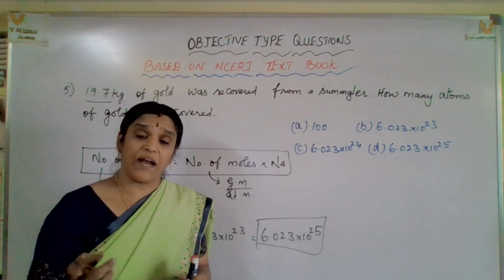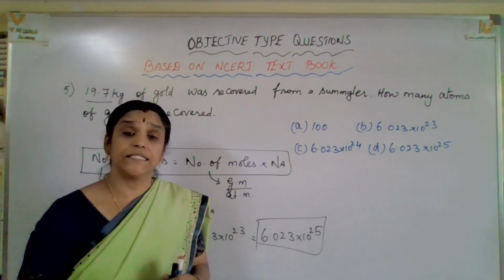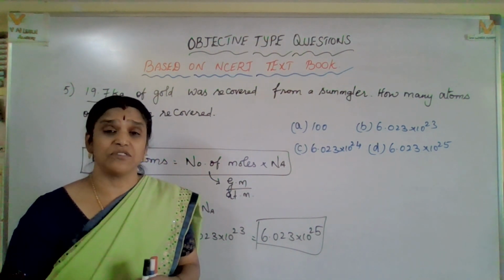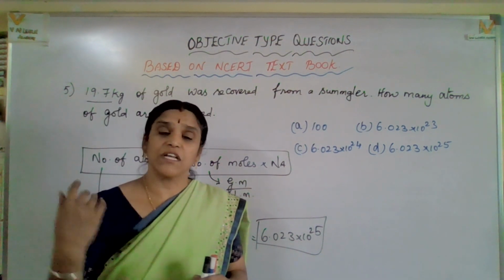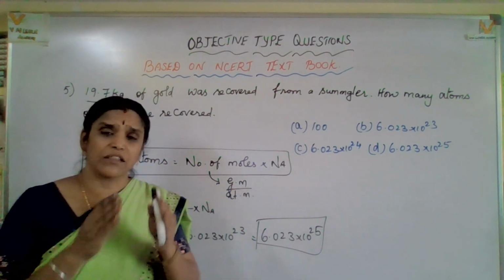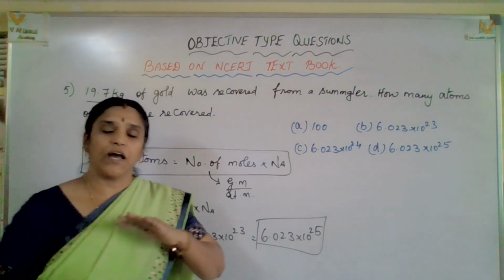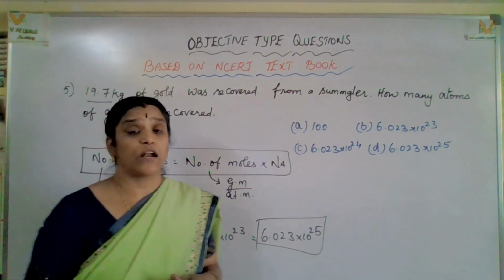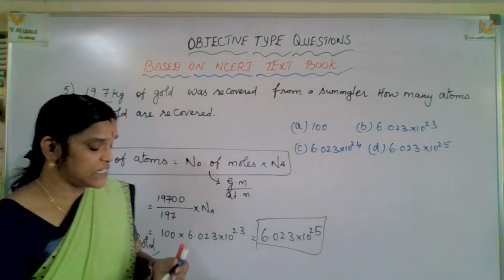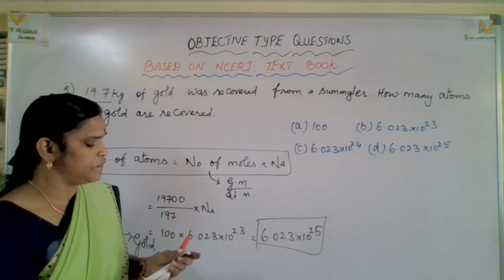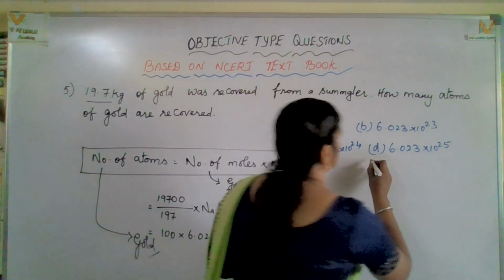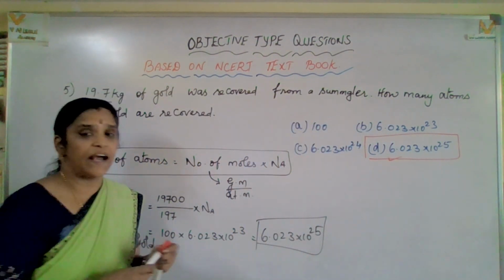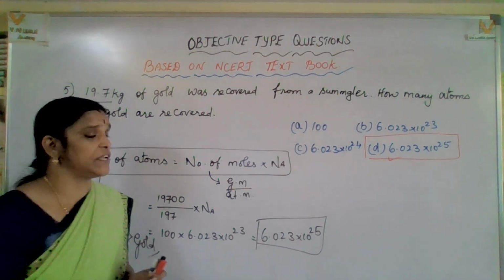Okay, in our next video, let us watch assertion reason, because a number of questions we are losing in those assertion reason questions, and sometimes we are losing our marks also because of that. If you are thorough in the concept, you are able to solve the assertion reason questions also. After that we can go for case based questions. Yes, now which is the correct option? Yes, D is the correct option. I hope you got a clear idea. Yes, let us go for the next question.